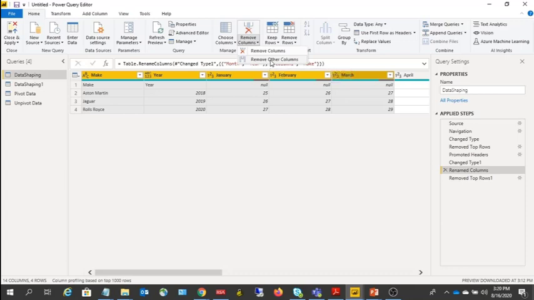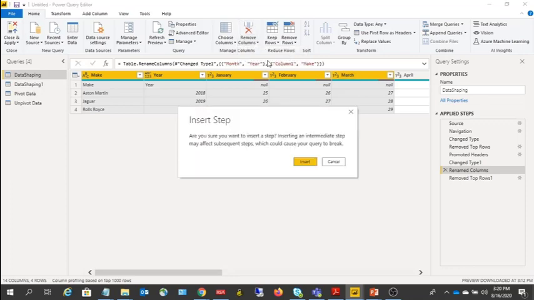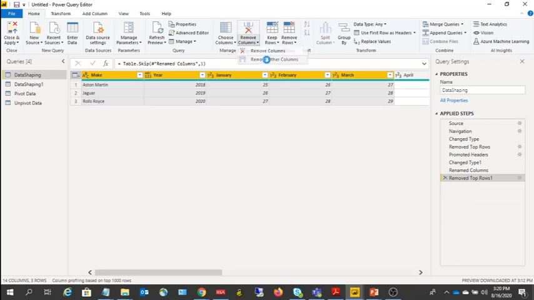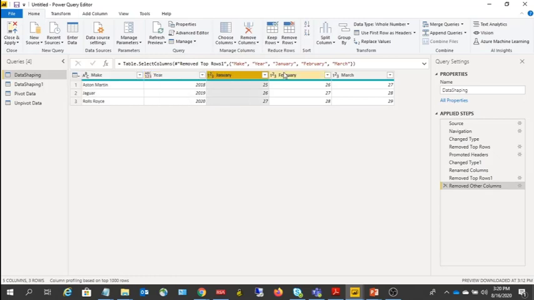So in this case, we are going to apply the second one because we want the selected columns to remain in the table. So click remove, sorry, not here. You need to select the last step here and apply remove other columns. That's all. So this is how you can bring a table from unstructured to structured by shaping it, by applying some transformations like use first row as header, promoting headers, removing top rows, renaming the columns, as well as remove columns. Okay, and this is about the shaping the table structure session.